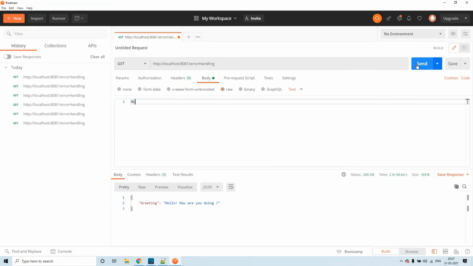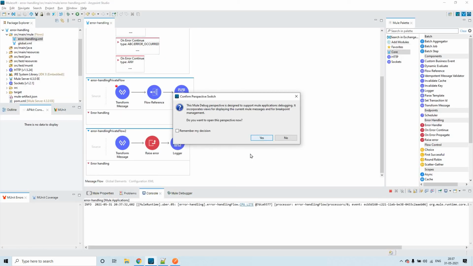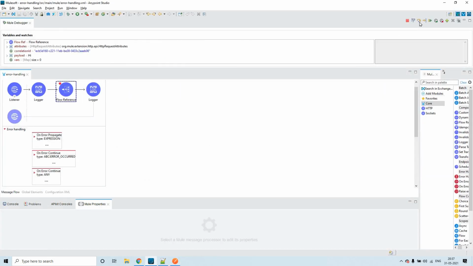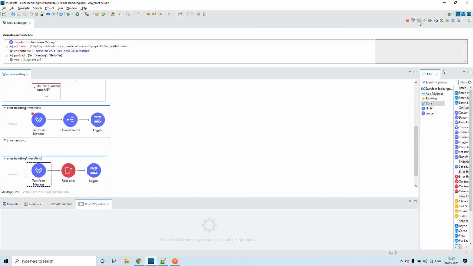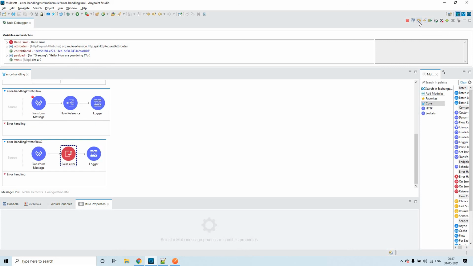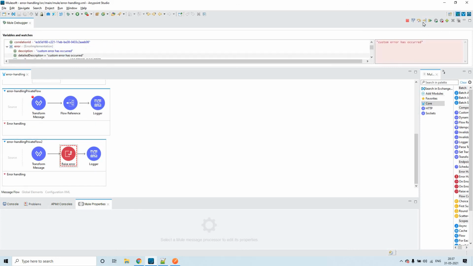So let me send the same request once again. Click on send. So it has come here. Click next, next, next. Okay, click next. Now error will be raised. Click next. See, an error has occurred, right? So click next. See, so raise error.